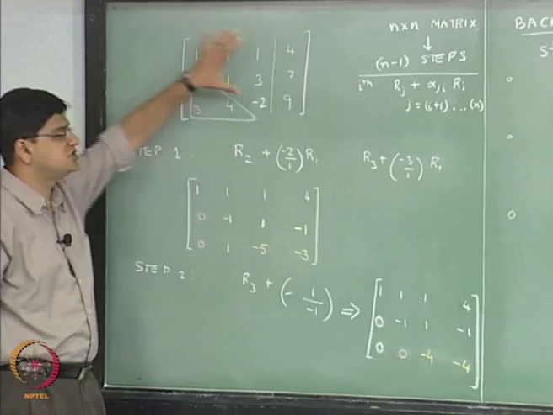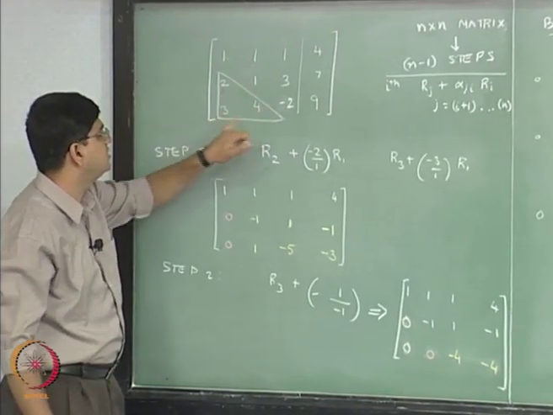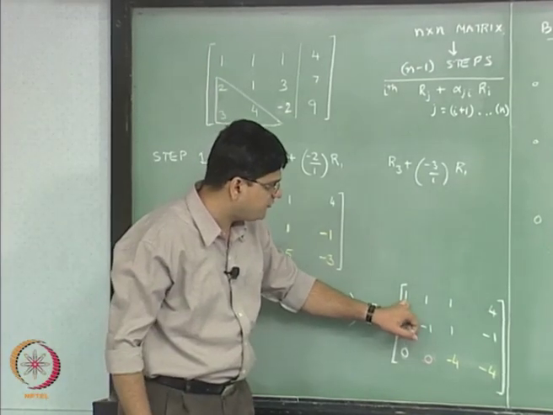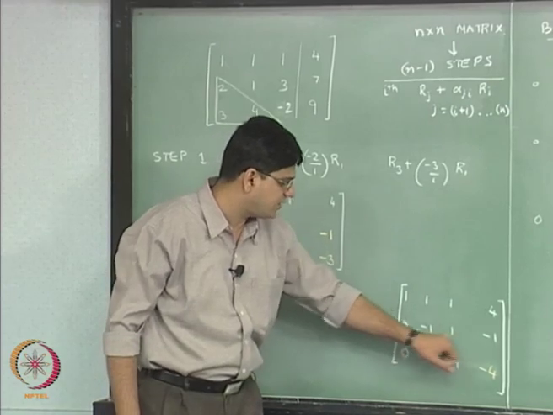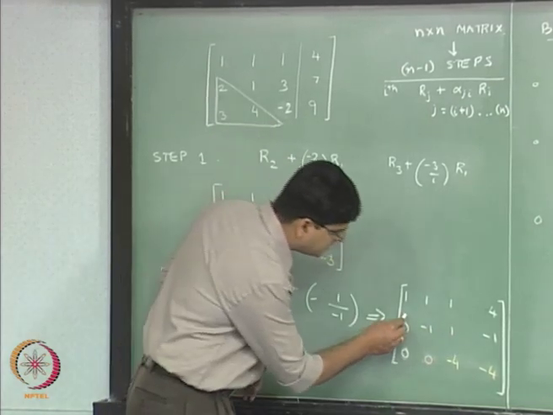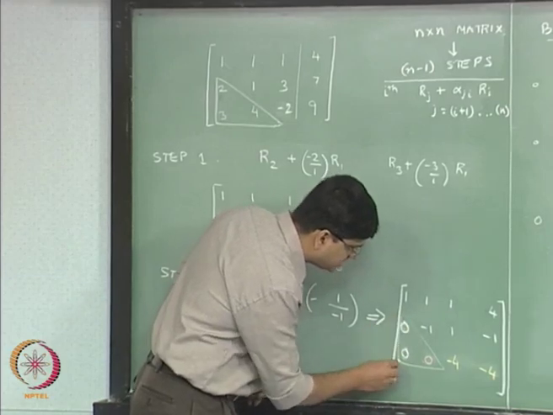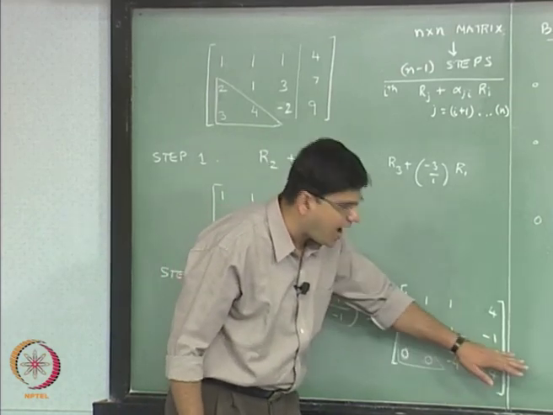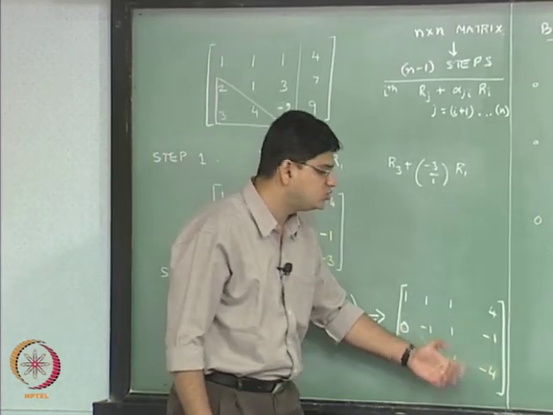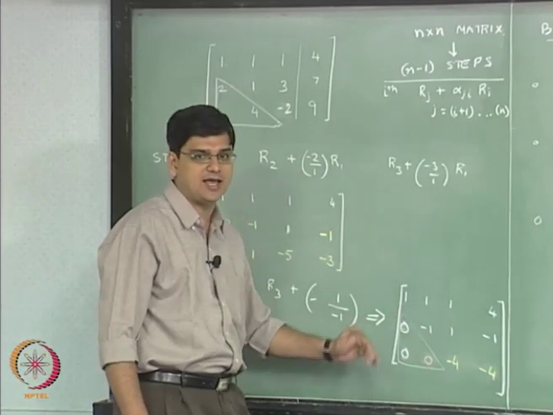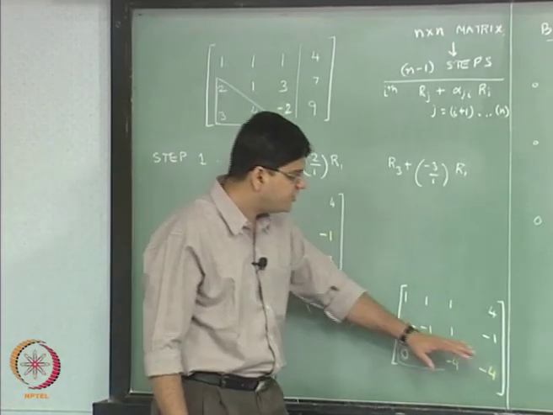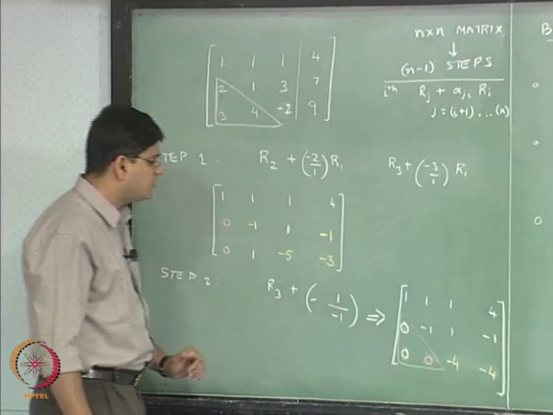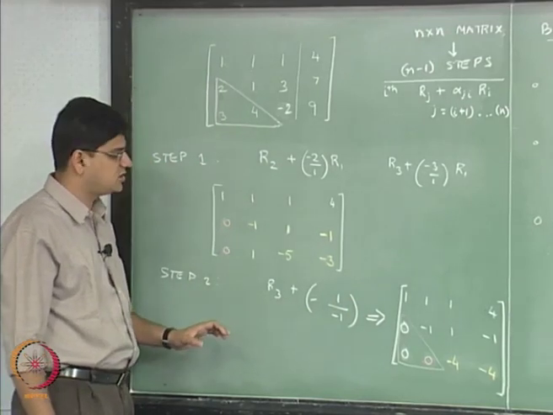For example, when we started with this particular original matrix 1 1 1, 2 1 3, 3 4 minus 2, at the end of the Gauss elimination step we ended up with the matrix 1 1 1, 0 minus 1 minus 1, 0 0 minus 4, which basically meant that we converted these entries into zeros, using the ith row only to change the values of row i plus 1, i plus 2 and so on up to row n. We did not use the ith row to make any changes in the upper rows.